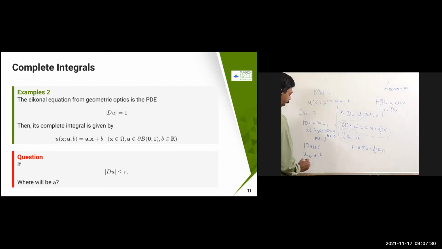Now what you need to do is, what is the domain for this one? Once again this is going to become the norm of a less than r. So you have to adjust this accordingly. What is the thing you have to adjust? That part I'm just leaving, just a one word answer. You can just see that.